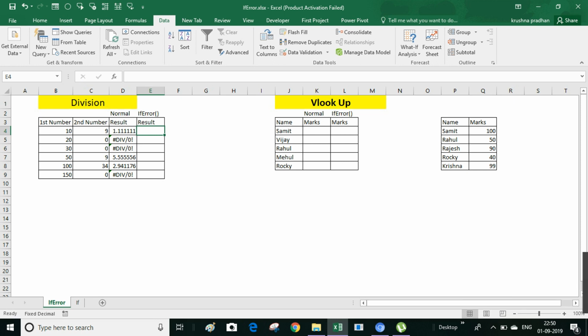So I'll write here IFERROR. There are two parameters, one is value, the other one is value if error. That means in the value field we'll write the division formula, and if an error occurs, what should be the value we want in that place. So I'll write